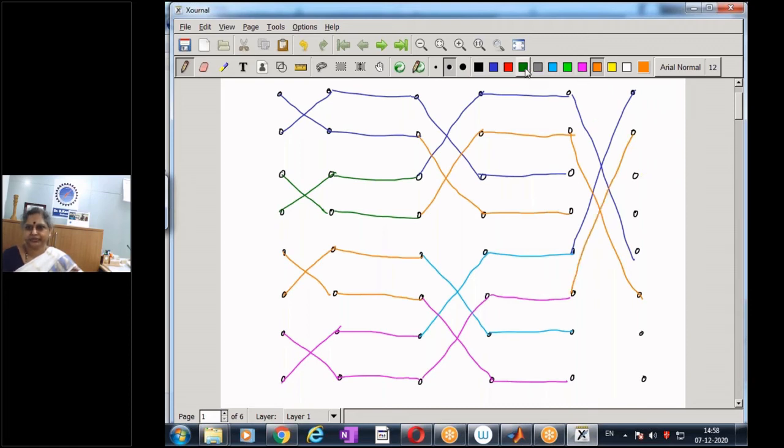Say this one, and next one. So we have the stages, 3 stages of computing the